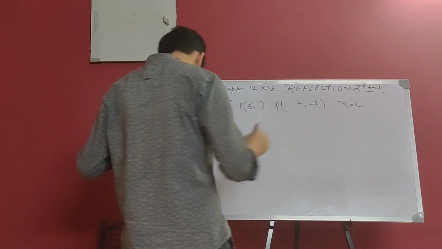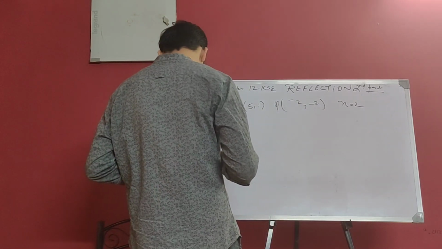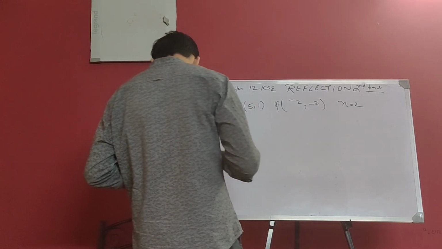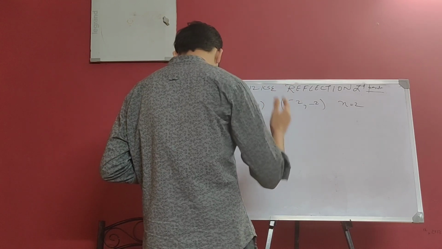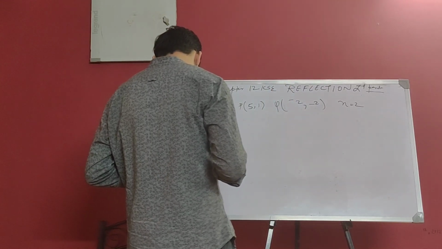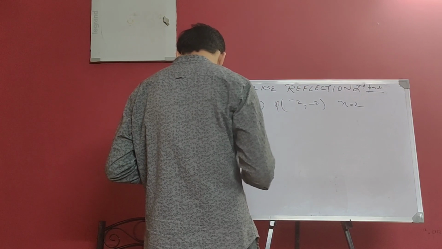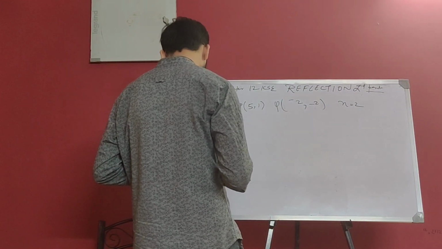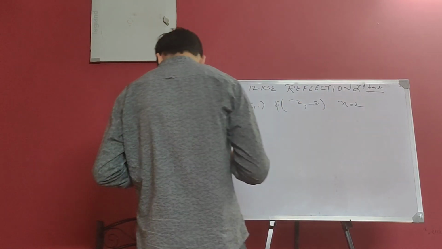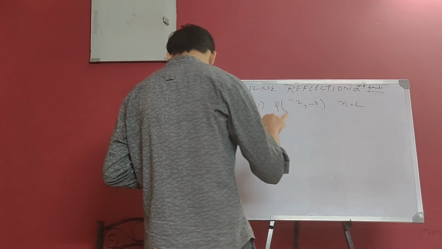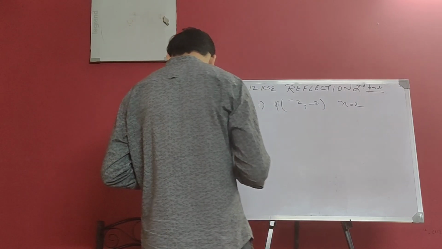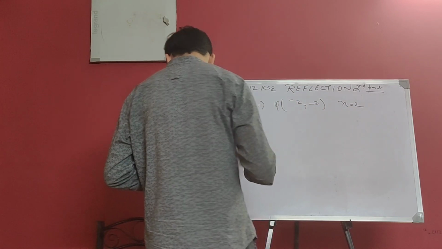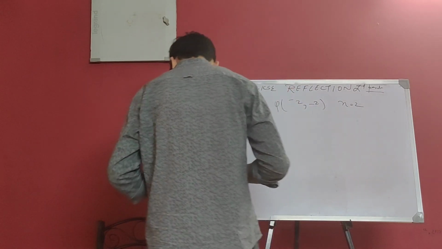So the graph of the line x equal to 2, the straight line AB, will be shown, which is parallel to the y-axis. To find P dash, the image of P, we have to mark P dash at the same distance behind AB as P is before it. Since P is 3 units before AB, its image will be P dash. So clearly the coordinate of P dash will be minus 1, 1. In the same way, since Q, minus 2, minus 2, is 4 units before AB, the image will be 4 units behind AB. So Q dash will be 6, minus 2.